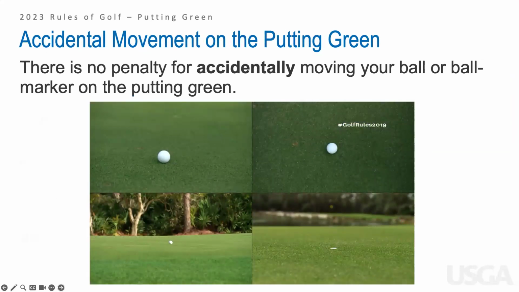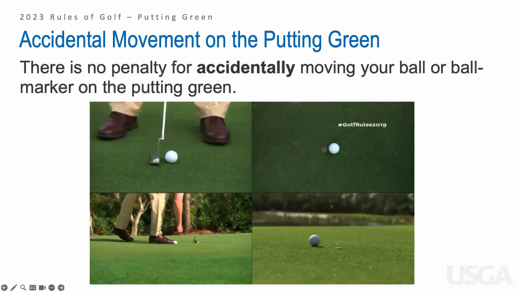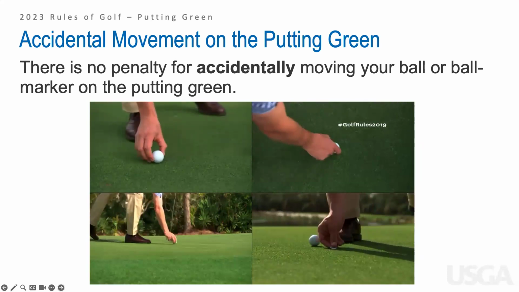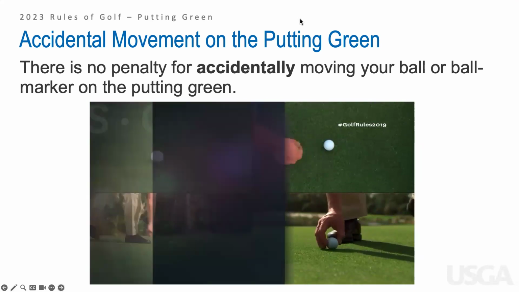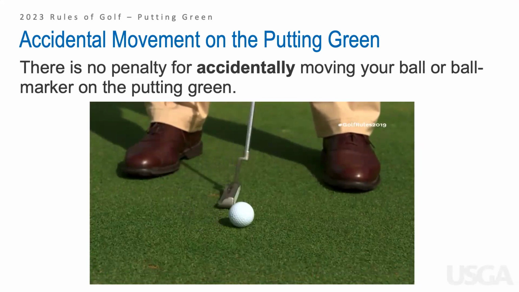So accidental movement. So things that we just accidentally do. There's going to be no penalty here for accidentally moving your ball or ball marker on the putting green. I know this does say 2019, but this was a change in 2019 that has continued on to 2023. Under the 2019 rules, if you accidentally move your ball or ball marker on the putting green, there is no penalty. For example, if you accidentally move your ball in making a practice swing or in preparing for your stroke,